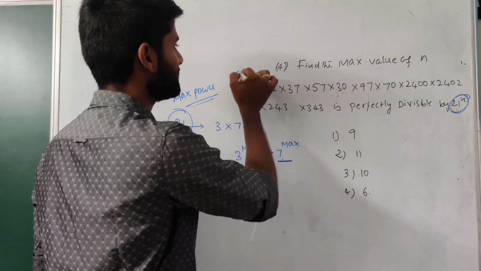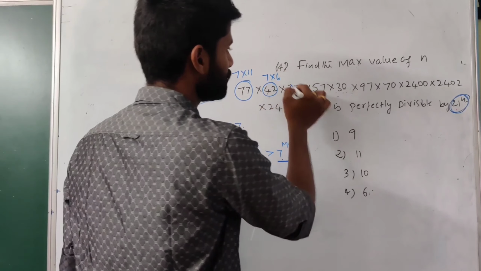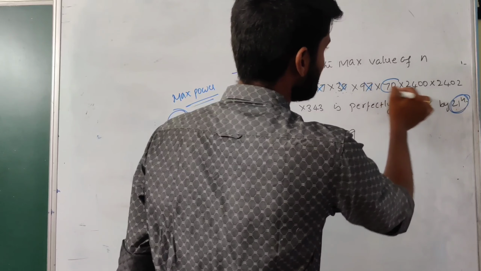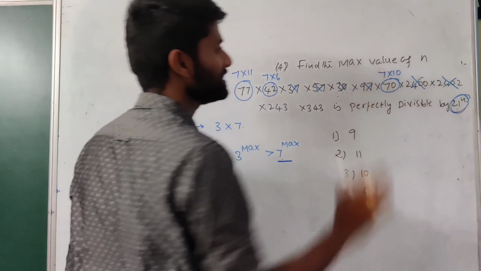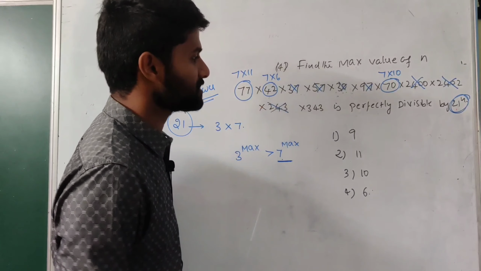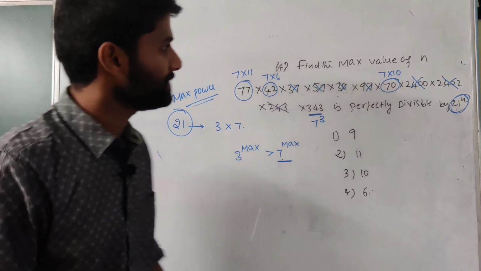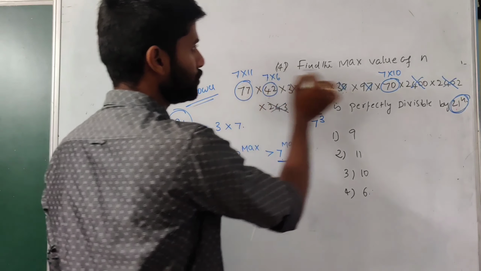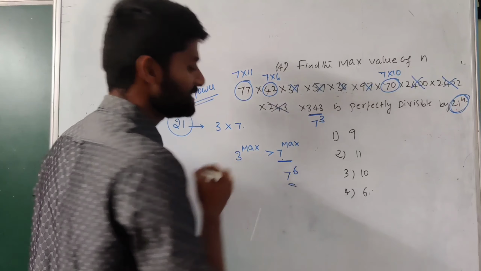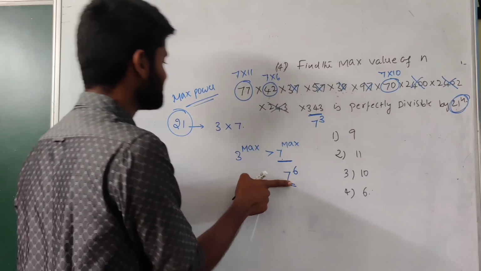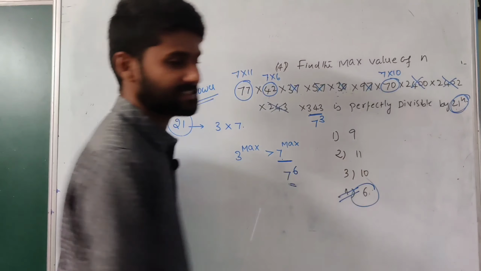So we have a 7 here, 7 into 11. And we have here 7 into 6. So no 7, no 7, no 7. Here we get 7 into 10 together. And we never get a 7 multiple in these two resultants. 243 is not divisible by 7, and 343 is exactly equal to 7 cube. So calculating the number of 7s: 1, 2, 3, 3 plus 3, 6. So the number of 7s is 7 power 6. Whatever the 7 power is, that is exactly the maximum power of 21. So the answer is equal to 6.